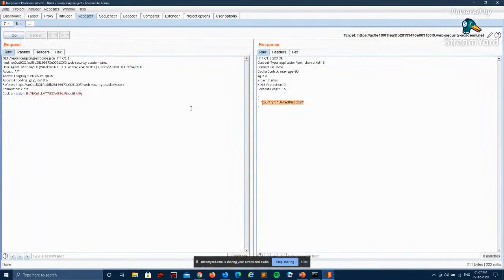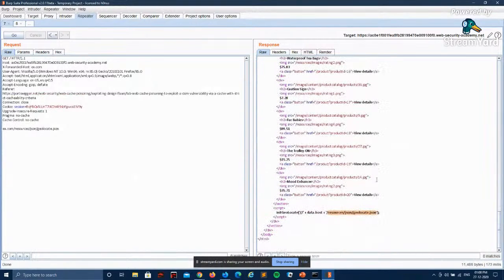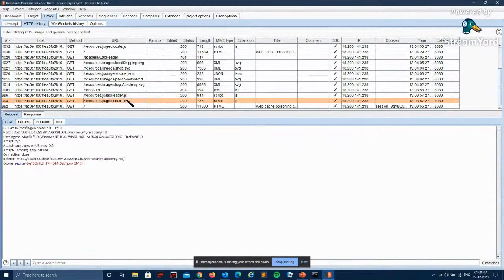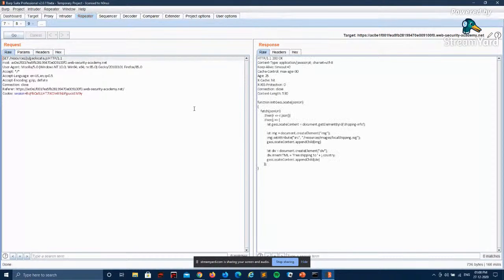So this JSON file could be our entry point for exploiting the DOM. Apart from that, there is one more function we can see over here, which is accepting the input. It is initGeolocate. So for that, we'll have a look at the geolocate page, the JS file. Over here, if you try to understand, our constructed x.com resource .json